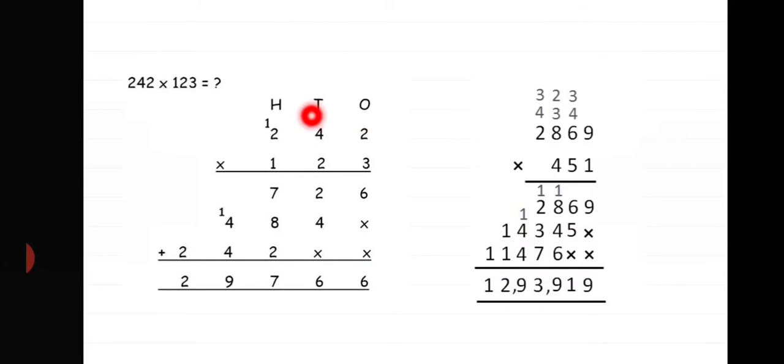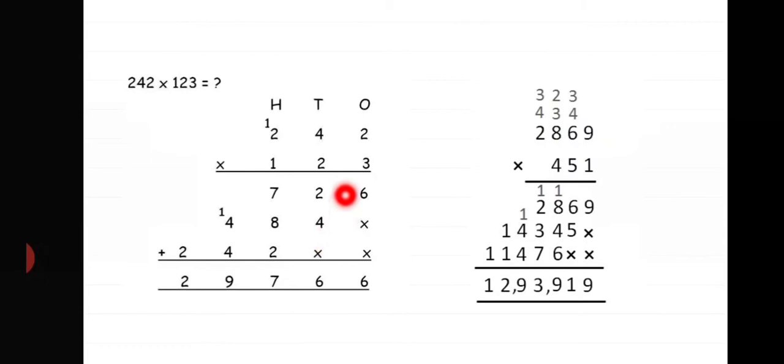So I am going to multiply all these 3 numbers with the number at ones place, that is 3. So 3 2s are 6, 3 4s are 12, 2 down, 1 goes up. 3 2s are 6, 6 plus 1 is 7. Now you are not going to start again from here. Here you are going to put x or 0. That is called a placeholder. You all must be knowing it. So I'm going to put a placeholder over here, and then I'm going to start writing the number.